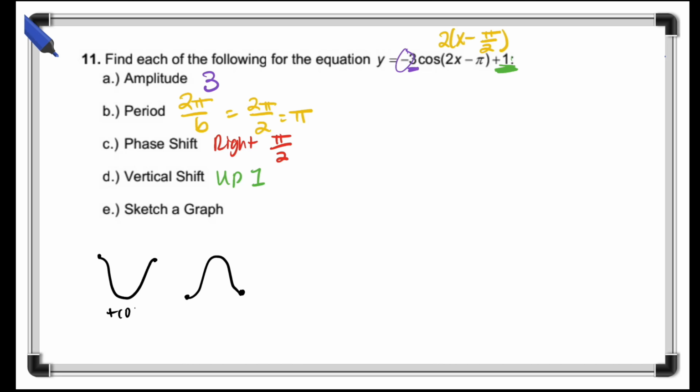So this is a positive cosine graph. This is a negative cosine graph. So if you're a positive cosine graph, you are going to start positively or start up. If you're a negative cosine graph, you're going to start at the bottom. So because this is a negative cosine graph, we're going to start at the bottom, so our lowest point. So sketching a graph here,